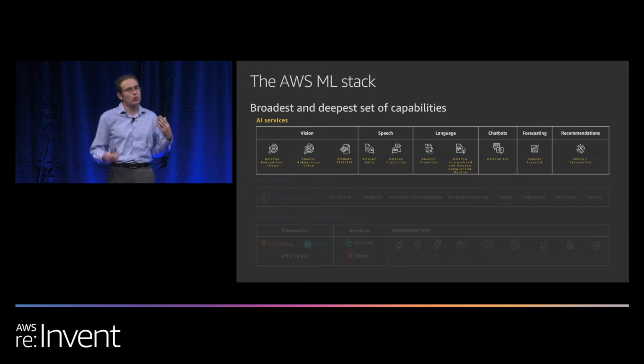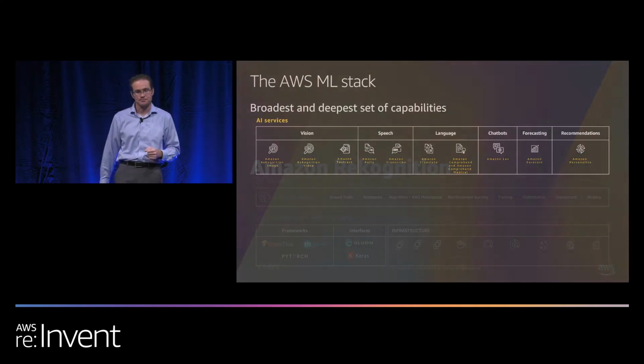And then the top level is what we're focusing on today. So we have different AI services based on what you want to do. If you want to do vision or speech or language, chatbots, forecasting, or recommendations. So we're going to deep dive on some of those. They use similar principles. They're deep learning-based APIs. And the nice thing is you just bring the data that you want to do predictions on. You don't have to build a model. You don't have to bring a whole bunch of data in to do really complex things like natural language recognition. You're using the model that's pre-trained.